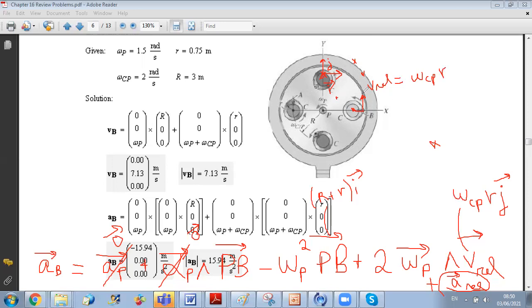Now what about A relative? When we have rotation, we have two components of acceleration. We have A tangential, AT relative, and AN relative, normal acceleration relative. Okay. Now, since here omega is constant, no tangential component, so AT relative is 0. Because AT relative is equal to what? It's equal to alpha CP, the relative acceleration of C with respect to P, times small r. But since omega CP is constant, alpha